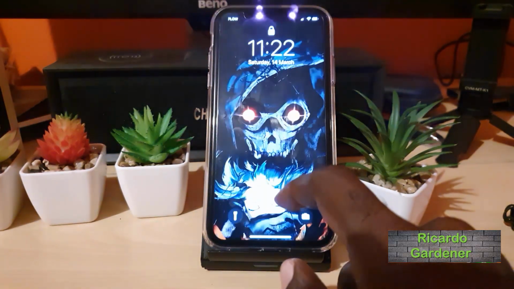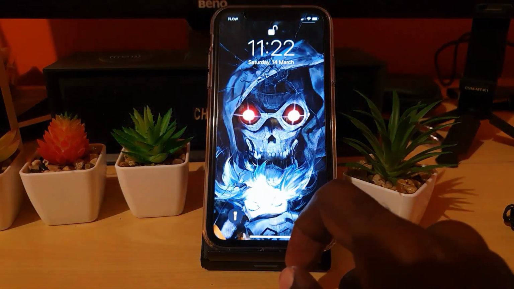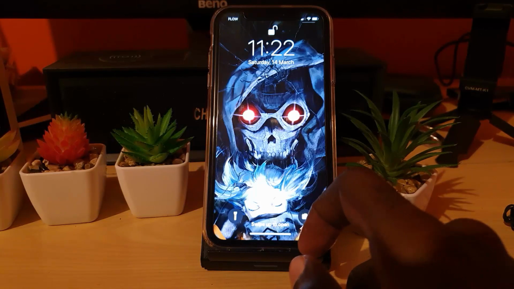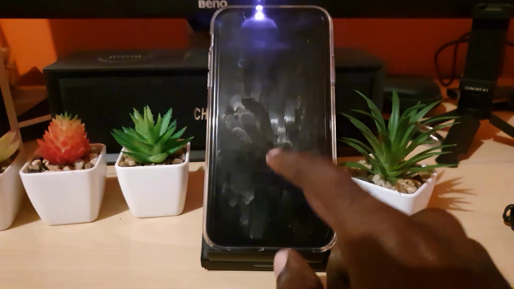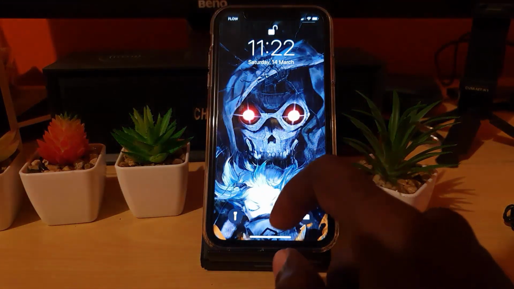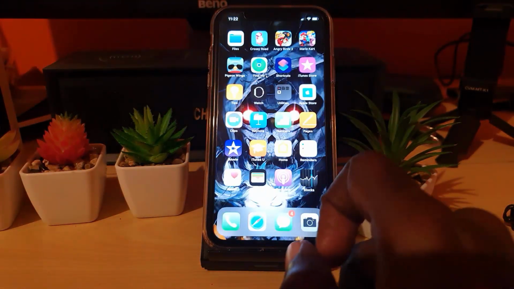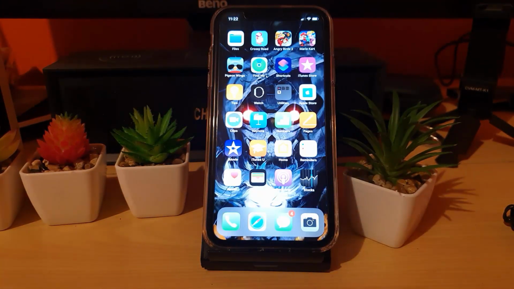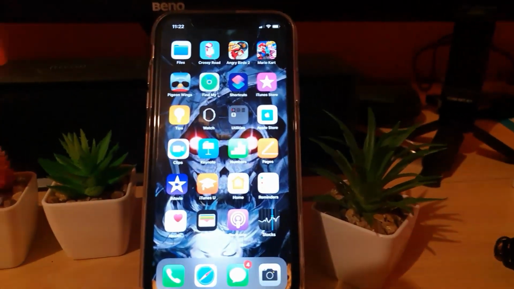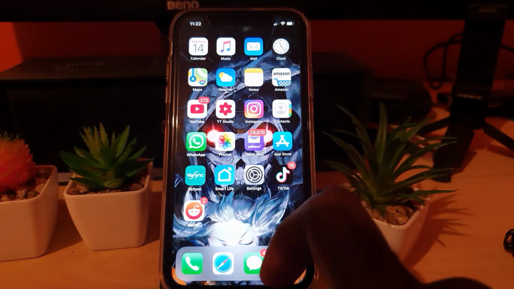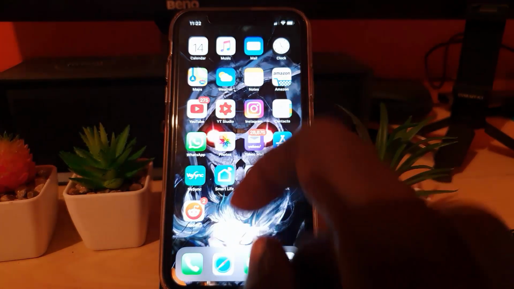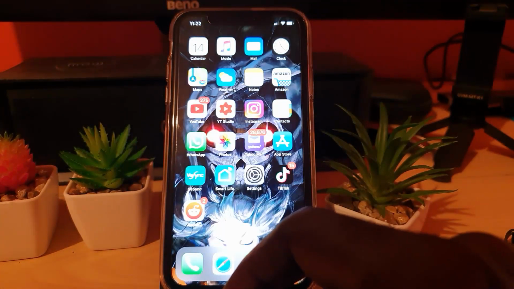And of course guys, for today's tutorial, what I'm going to show you is a tour of my iPhone 11. I'm going to show you all the apps that are on my device. As you can see here, this is the lock screen with the wallpaper. And once we unlock, you can just check out the device right here. Let me just adjust this right here. And you can see some of the applications I have. I'll just run you through them, and maybe you'll be able to discover some very